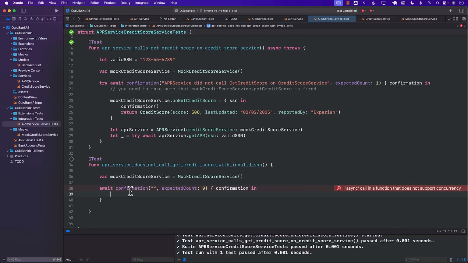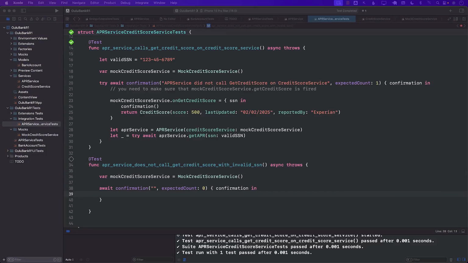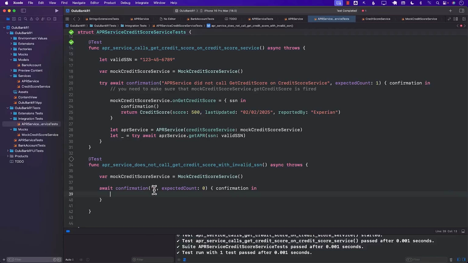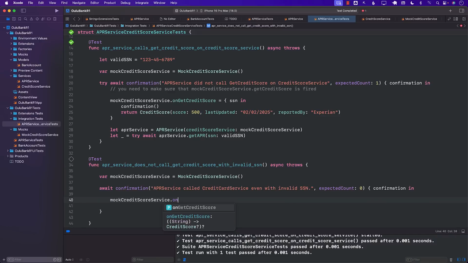All right. And let's see over here, what are we missing? Oh, async. So let's make sure this is an async throws. And over here in the comment, we can actually say that the APR service called get credit card service even with the invalid SSN. So this is the error message or the comment we're going to receive if our confirmation is not met correctly. And the next thing that we can do is use our mock credit service dot on credit score